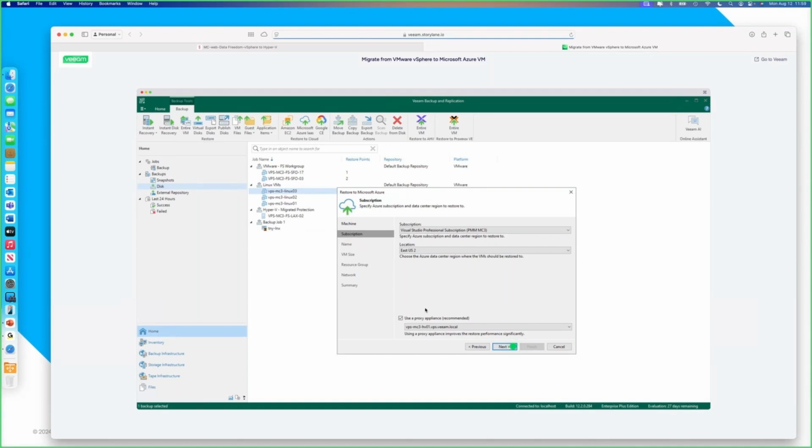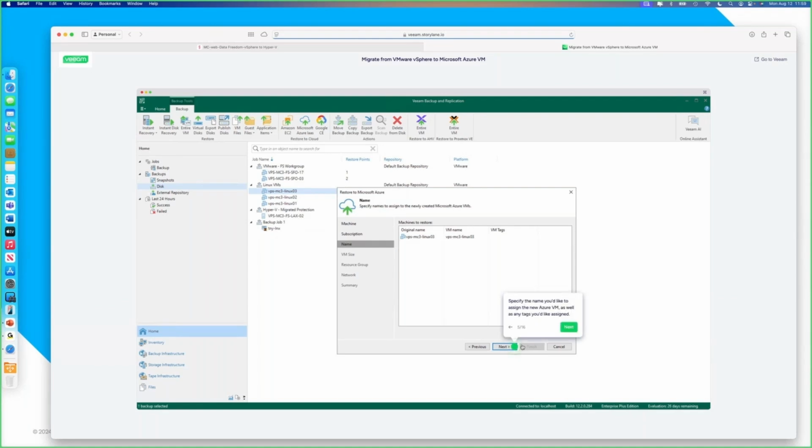It's not enabled by default. It is a recommendation, but you don't have to do it. But the proxy appliance there is just to improve the restore performance, and it does so pretty significantly. But again, click Next. Specify the name that we'd like to assign to the new Azure VM, as well as